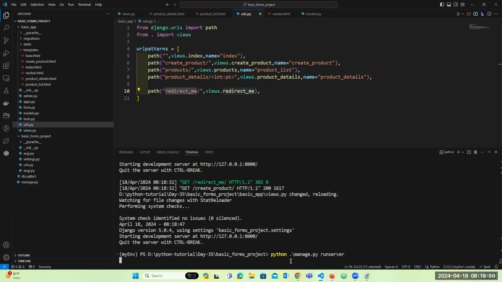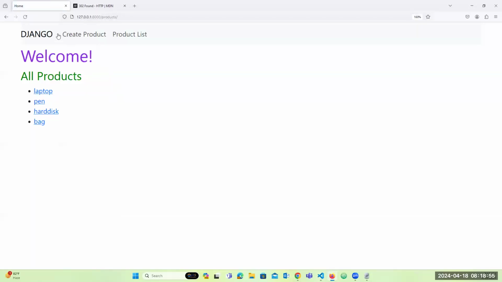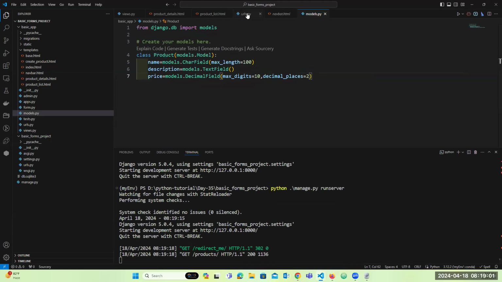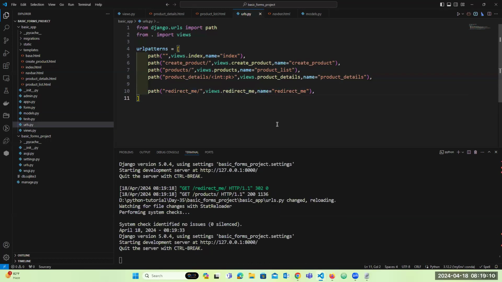Run this. So now again use this. See, it is displaying this thing. It is not depending on the name. We just need to give this particular path. This path, that's it. So that is about the redirect, and another concept is